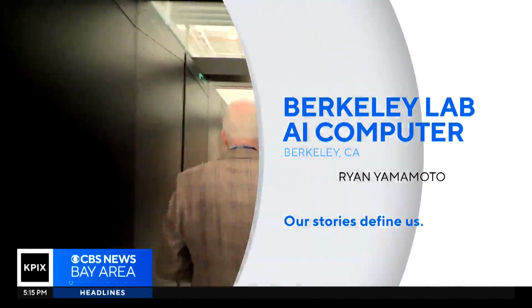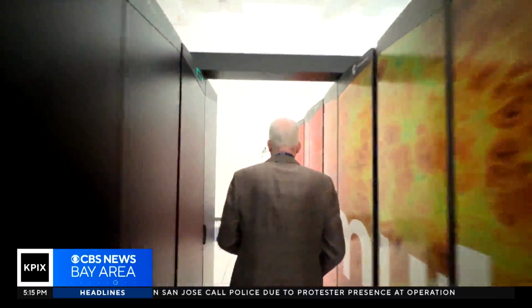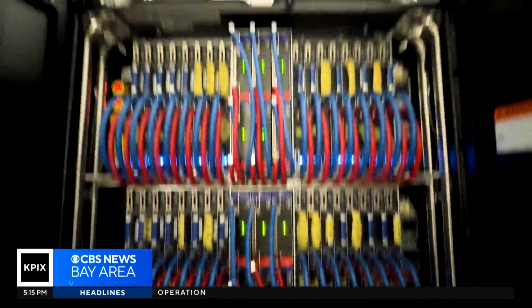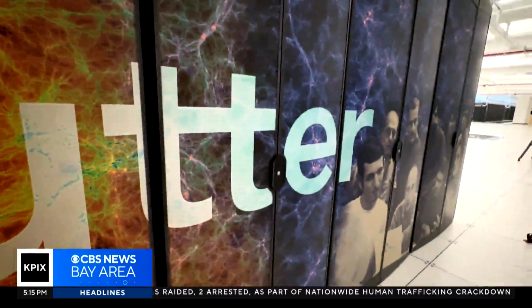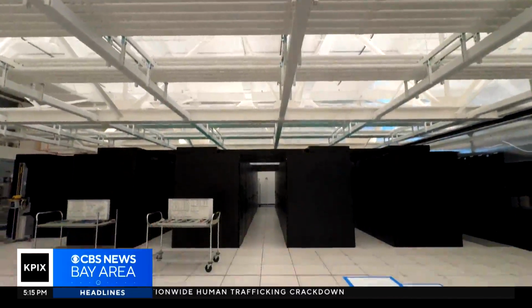When Jonathan Carter takes a stroll between the giant mainframes inside the Lawrence Berkeley National Laboratory, it's an amazing place. Even he is still amazed about where he has worked for the past 30 years. "Every morning I get up, I wonder what interesting things we'll be doing today, what science will be discovered." Those discoveries courtesy of Perlmutter, the 19th fastest supercomputer in the world, part of the National Energy Research Supercomputing Center,